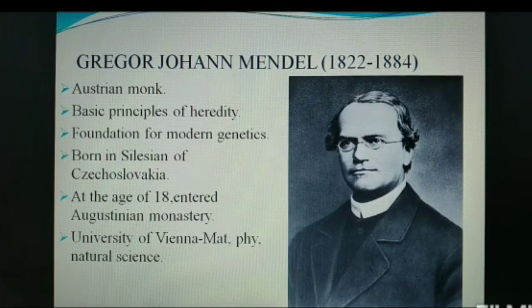He had worked on nearly 10,000 pea plants of 34 different varieties. Mendel noted that many different varieties are there in the pea plant, around 34 different varieties. Out of these 34 varieties, he chose only 7 pairs of opposing or contrasting characters of the pea plant for his study. They are